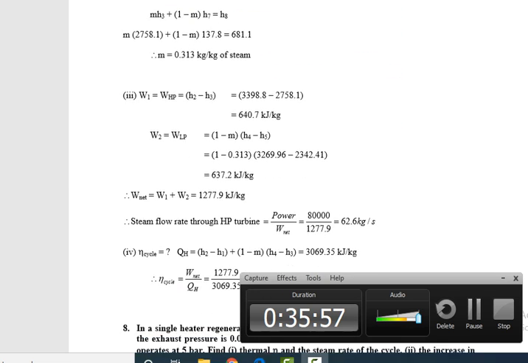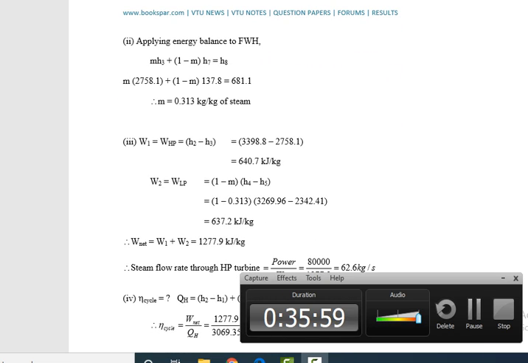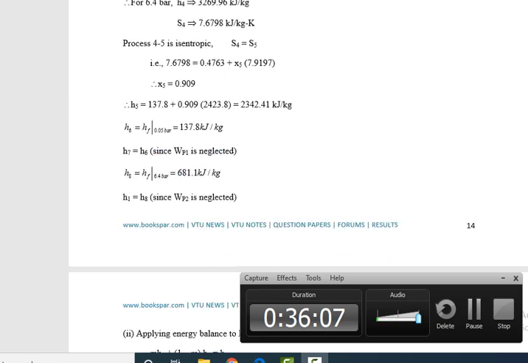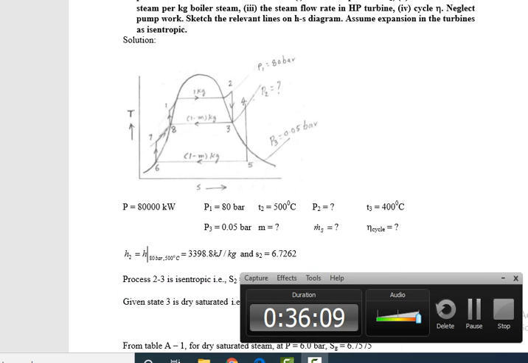Whenever we discuss the feed water heater, we can consider again the steady flow energy equation, and this equation can be taken from the diagram, because this is the area where the steam is entering from the turbine to the reheat section, heater section, regeneration. Again, the steam is entering into the condenser section, and this is the region. And from this region, from this area, you have to